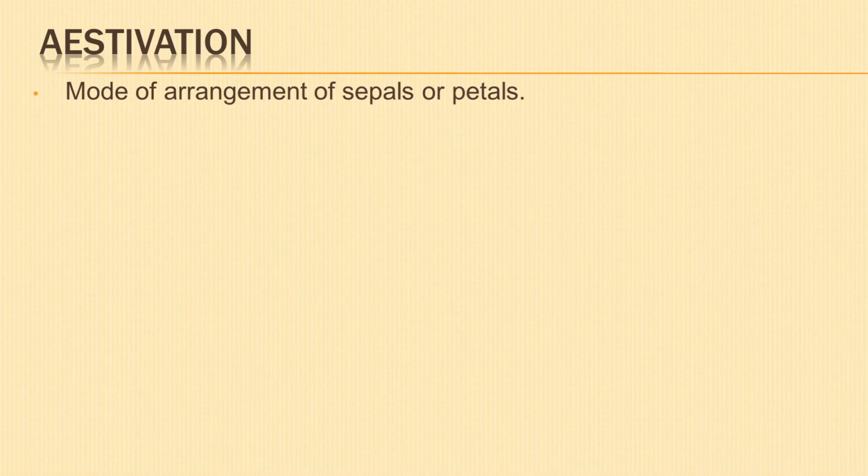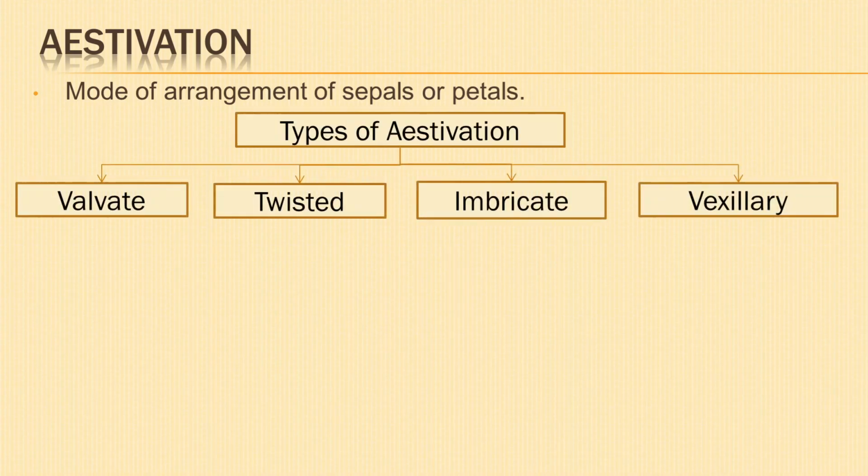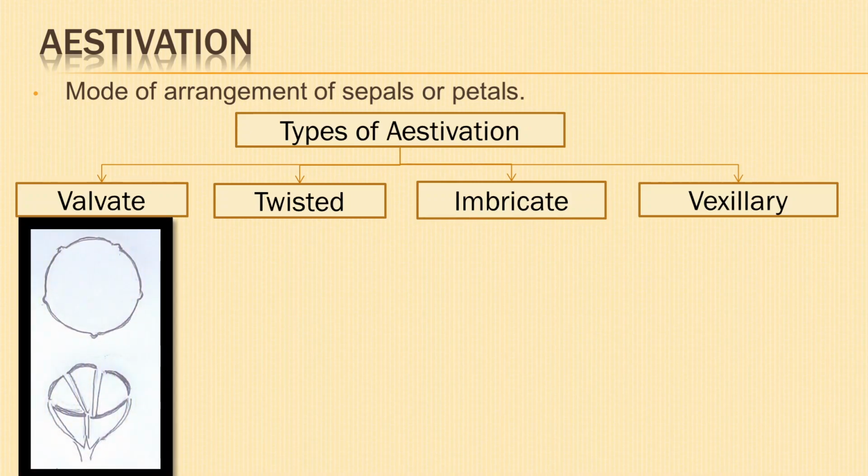The mode of arrangement of sepals or petals in floral buds with respect to the other members of the same whorl is known as estivation. Four main types of estivation are valvate, twisted, imbricate, and vexillary. The estivation is said to be valvate when the margins of sepals or petals remain either in